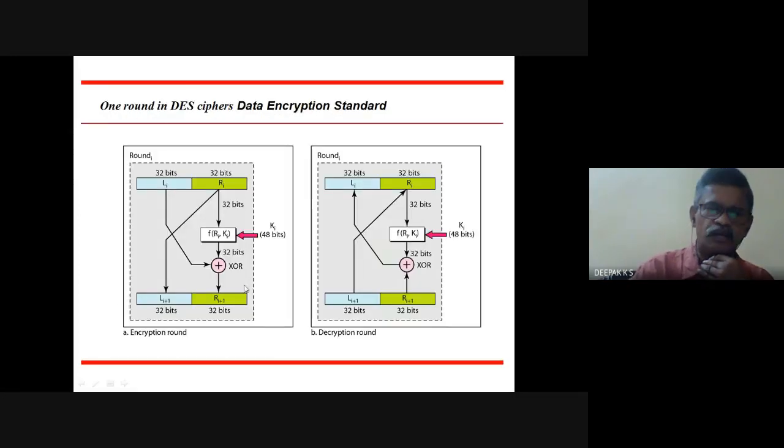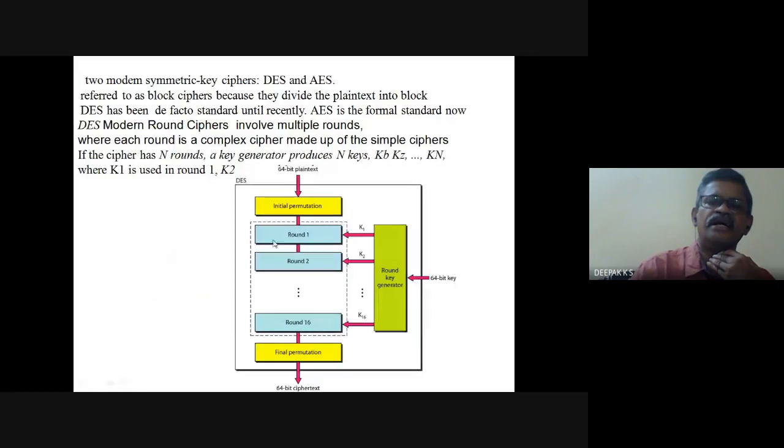So this is one round. Each round is a complicated cipher. These are the operations going on in this. We will not go deeper into this. We just want to know the structure. Each round has a cipher like that, n rounds, and for each round you have a key, and the same length you have for this plain text block, and finally after many rounds you get the cipher.